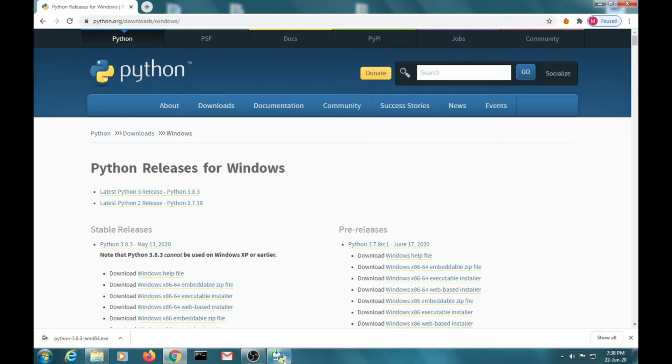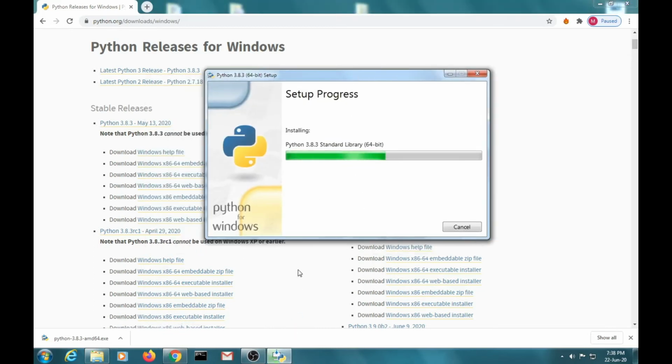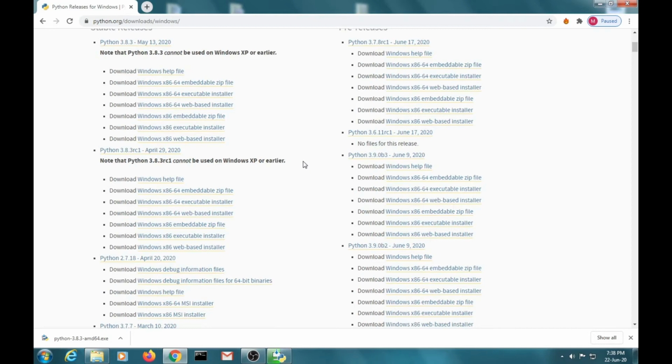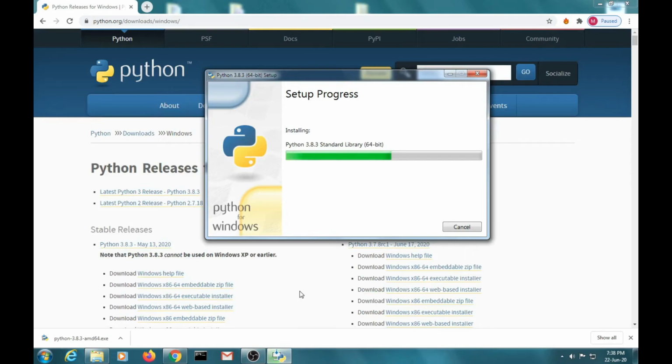Now we are in Windows, so just go here. You can also have three types of installers. This will install from the Python web page, this is the exe, and this has a zip file just like the executable installers. And it's installing. The installation must be pretty fast. Here, let's wait. Python is installing the standard library, which includes the pre-installed modules like the random module, the re module, and